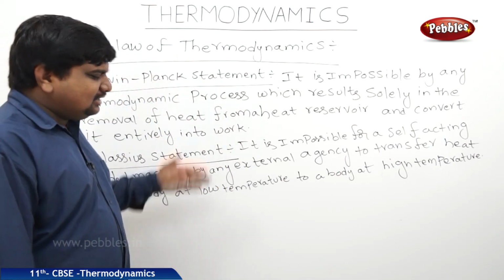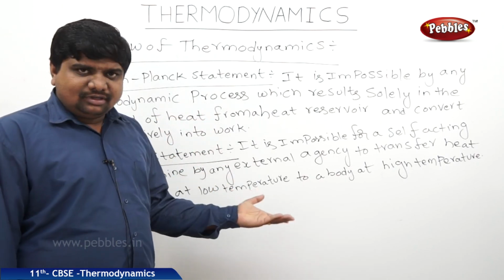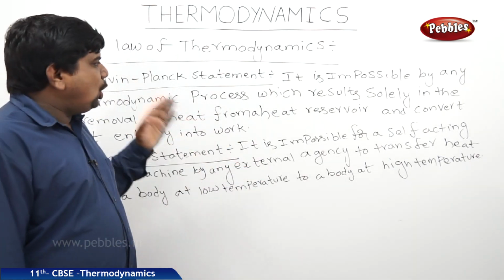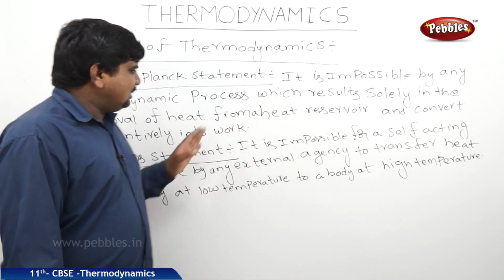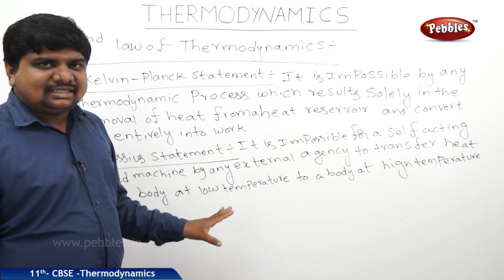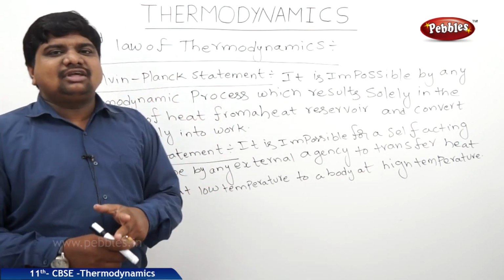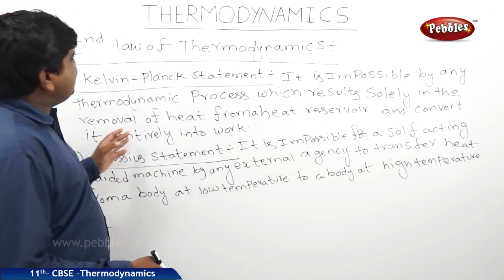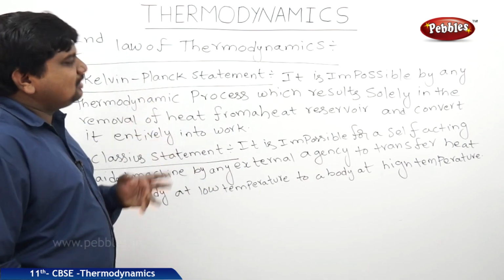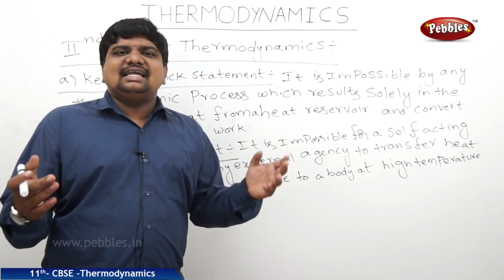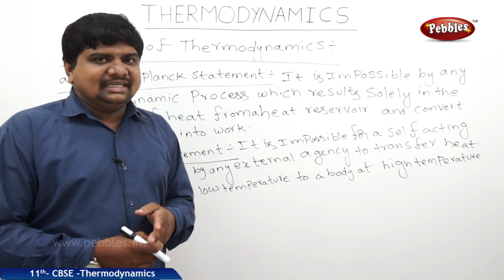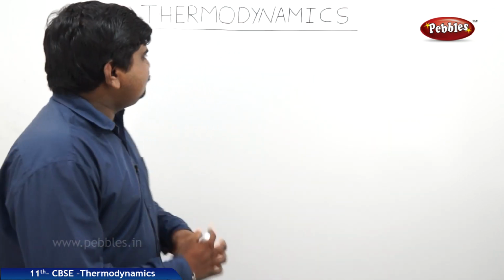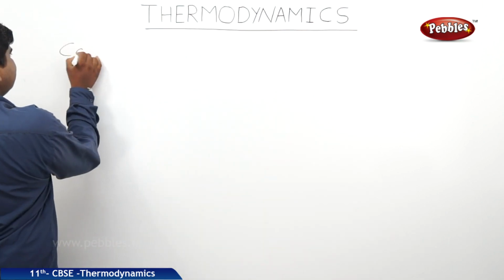So whatever the two statements, which are in different forms, both say that the whole conversion of heat energy to work is impossible. These are the statements given by two great scientists about the second law of thermodynamics. Now we will see one example of the second law of thermodynamics, which acts as a heat engine to refrigerator conversion, that is nothing but Carnot's heat engine. The next one is Carnot's heat engine.